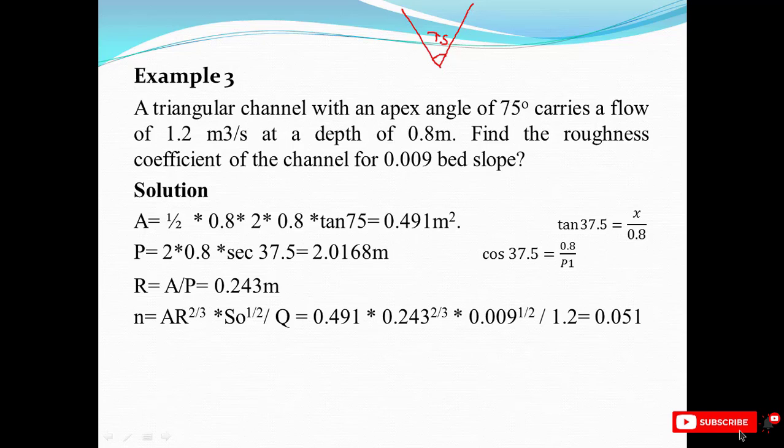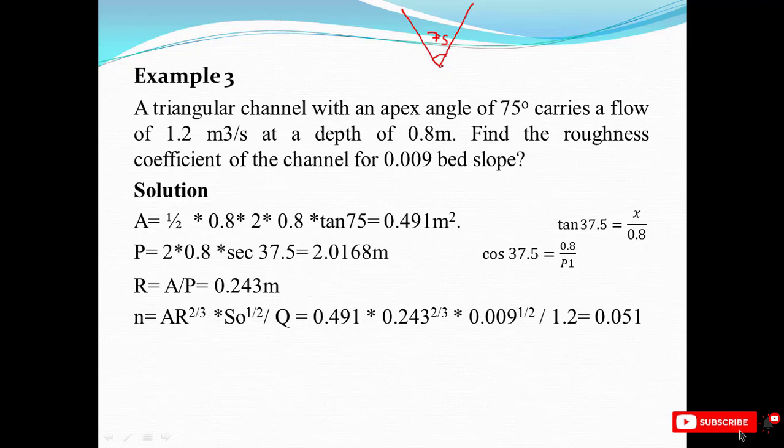It carries a flow of 1.2 at the depth of 0.8. Find the roughness coefficient n of the channel. We can find area A by 1 over 2 times 0.8 times 2 times 0.8 times tan 75, or